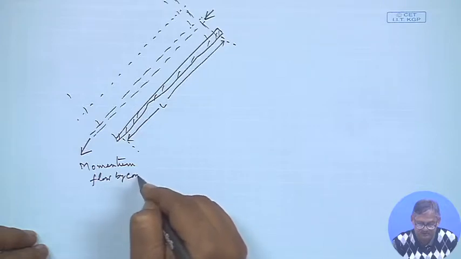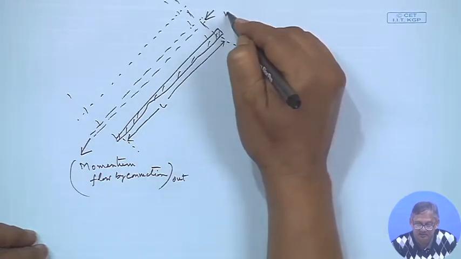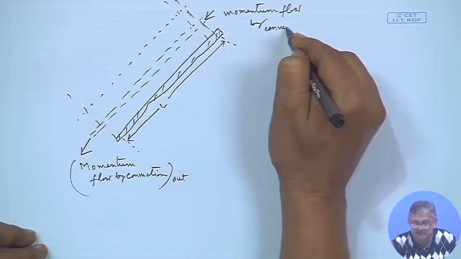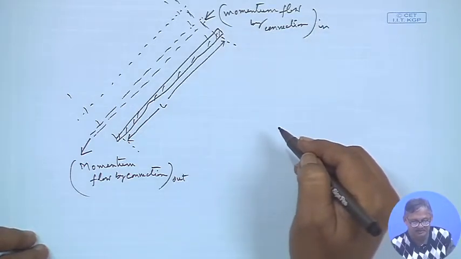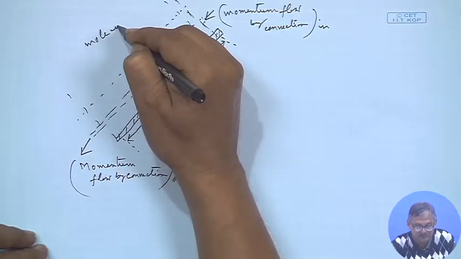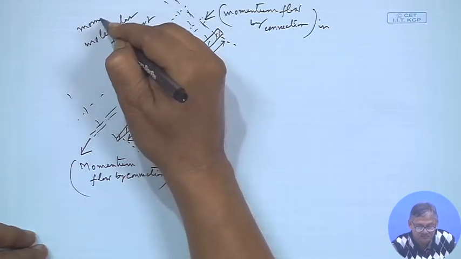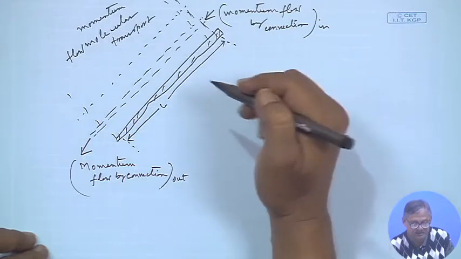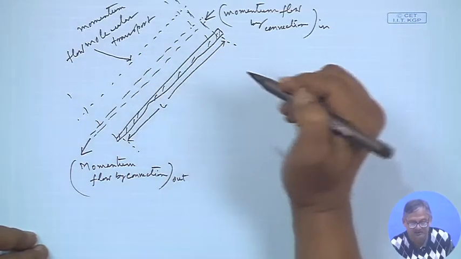by convection, this is out. Similarly, momentum flow by convection, this is in, right. So, in minus out is like that, and momentum flow by molecular transport, that we can say this is working here, okay, on the fluid, right,